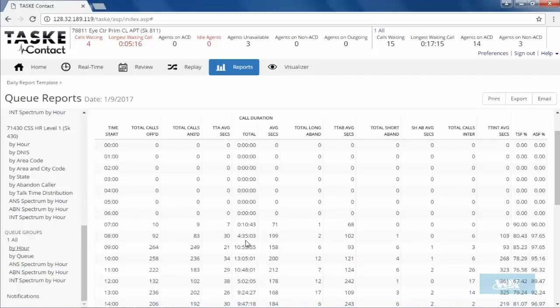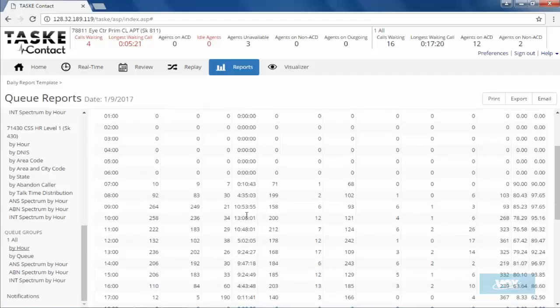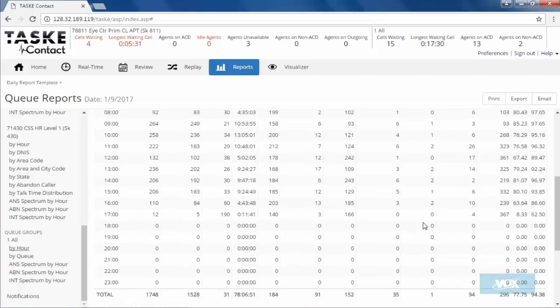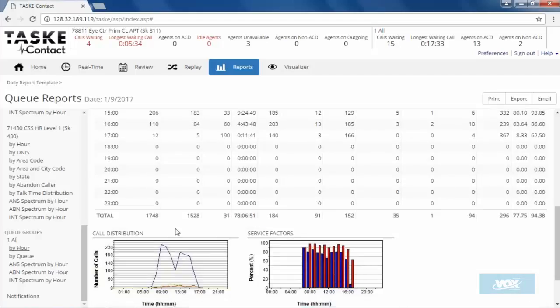Okay, like probably right here between 9 and 11 o'clock. Okay, there's a little lull during lunch, and then it peaks back up, and then it goes out for the rest of the day. We can see our abandoned activity. We can see all the interflows. And then if we scroll down to the bottom, our totals will show us that yesterday, everything got